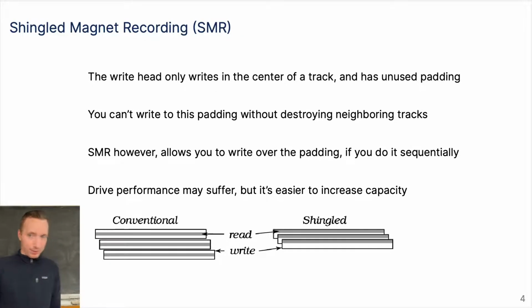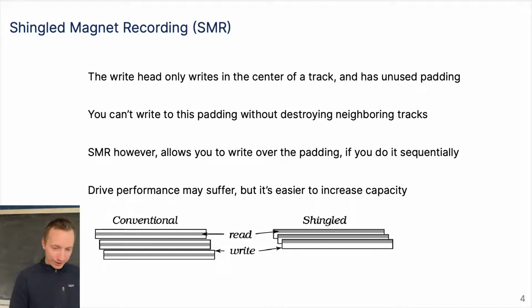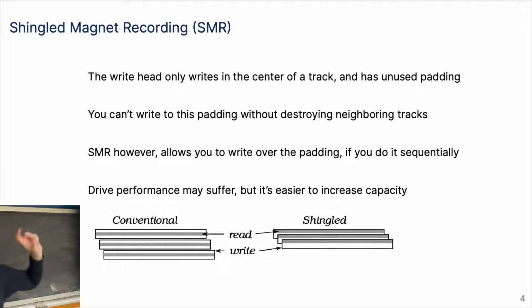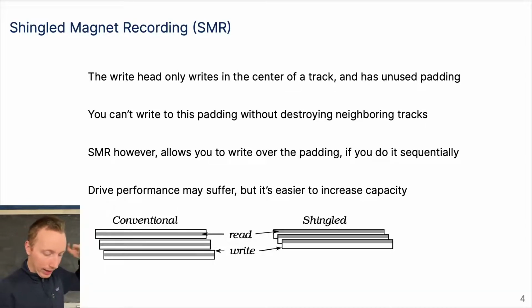So, if you are a data hoarder, one of the technologies for these spinning disks is called shingled magnetic recording. The read-write head only writes in the center of the track and has some unused padding. Most hard drives look like this, where it writes little strips, and the gray is the actual data and the white is just padding. Because it's essentially magnets, you might interfere with your neighboring track. So there's some padding between them so that you don't overlap,